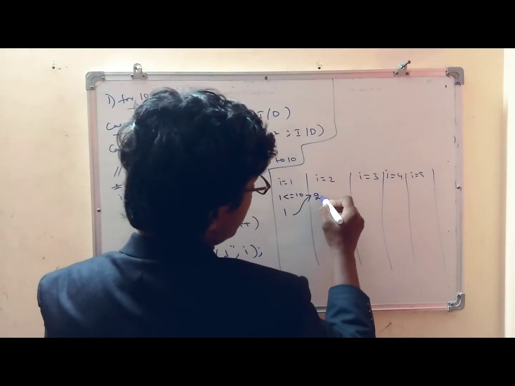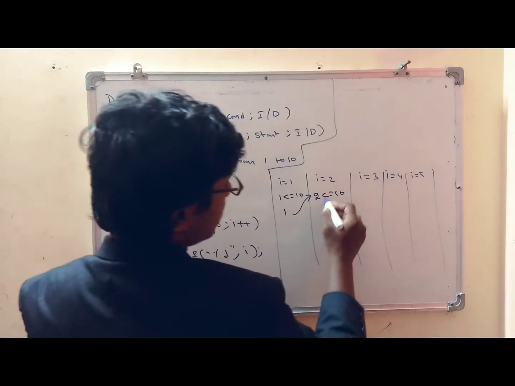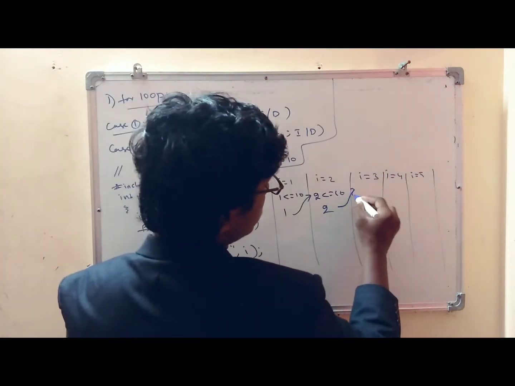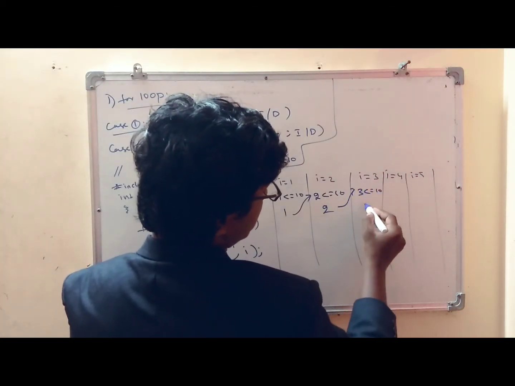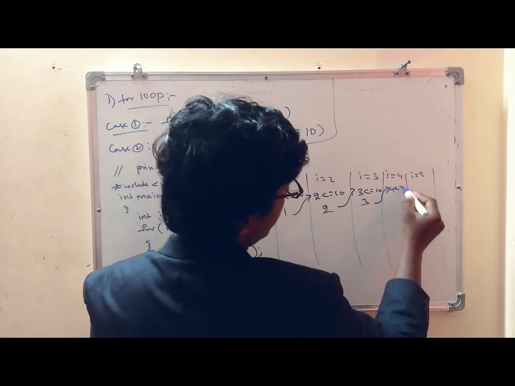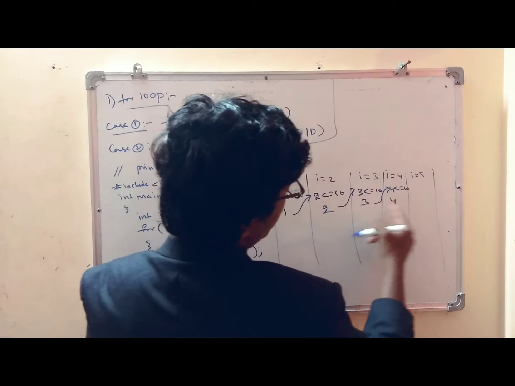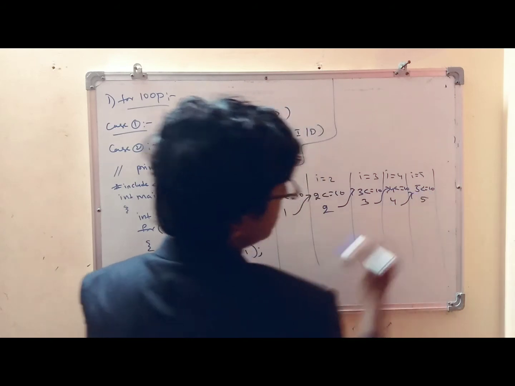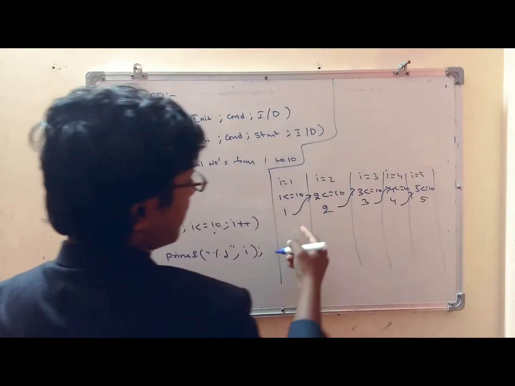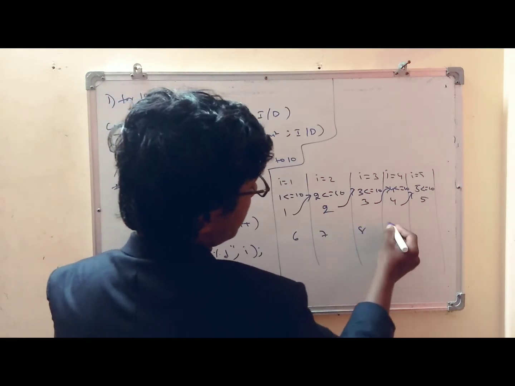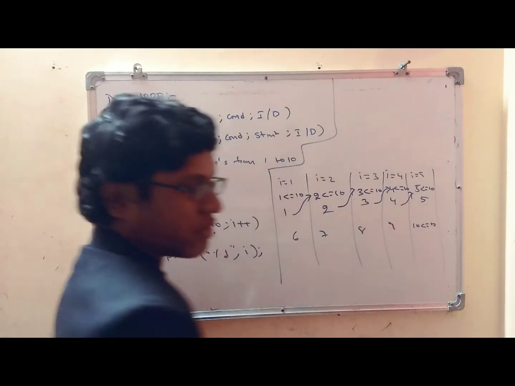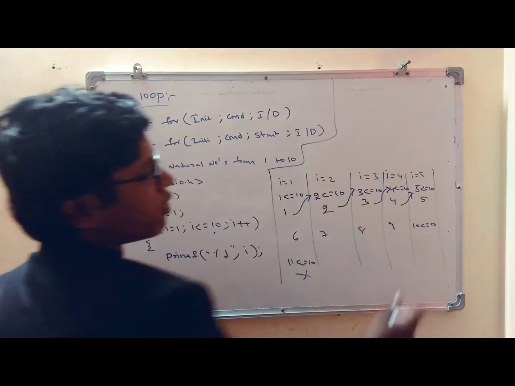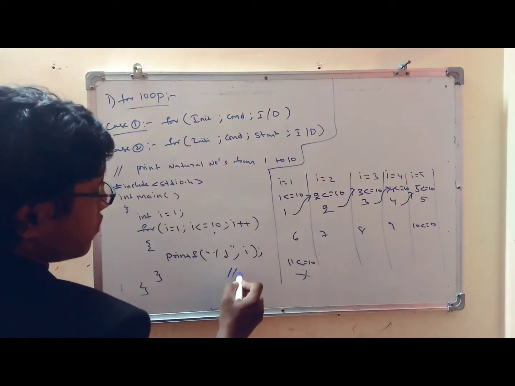Okay, and again it checks 2 less than or equal to 10, yes, so it is true. So that's why it will print 2. So 1, 2, and after that it goes to i equal to 3, 3 less than or equal to 10, yes, it will print here, and again 4 less than or equal to 10, yes, 4. So 1, 2, 3, 4, 5, and again 6, 7, 8, 9, 10. 10 less than or equal to 10, yes, it will do. And after that 11 less than or equal to 10, no, it will not be satisfied. Up to 10 the condition is satisfied. So that's why it prints 1 to 10.